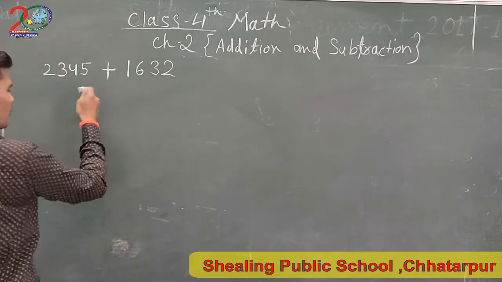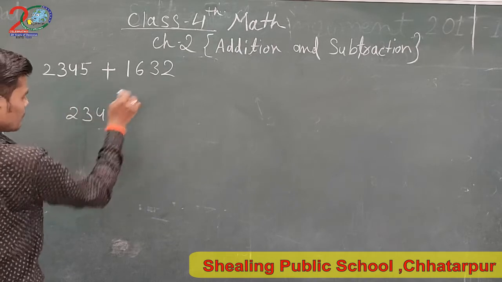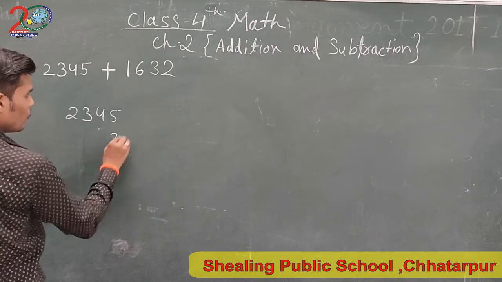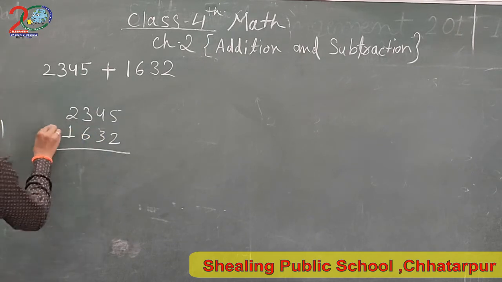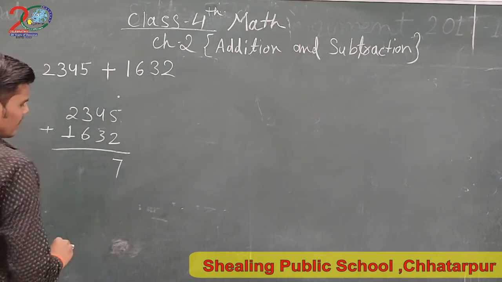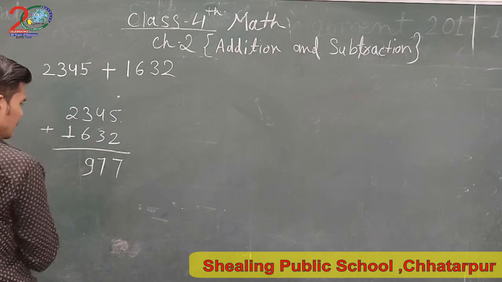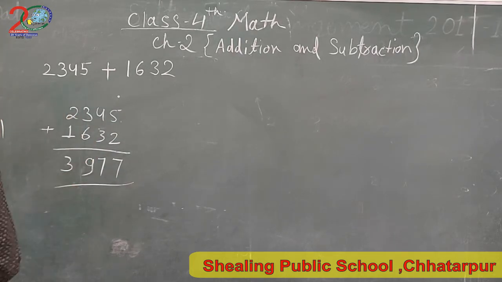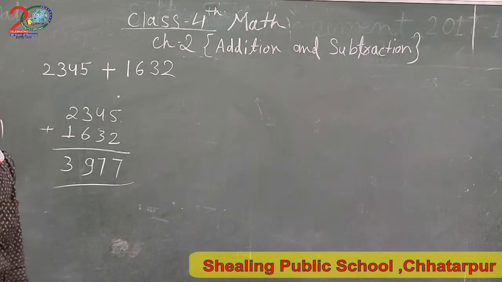Now first we take it in column. So here is like this. First we take this value, then this one. So first we take 2, then 3, then 6, then 1, like this. So now also we take the ones value, it's 5 and 2, it's 7, then 4 and 3, it's also 7, 6 and 3, it's 9, and 2 and 1, like this. Okay, so that's our addition. That's a simple addition.